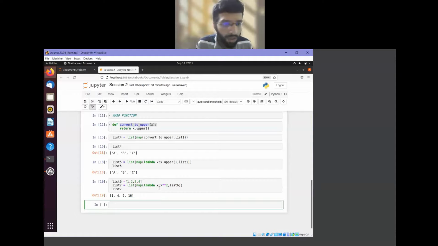Let's say, for example, something using two variables, x comma y. So we will say list 8 equal to another list, 2, 3, 7, 9. I'm not sure whether this will combine, but we can see.